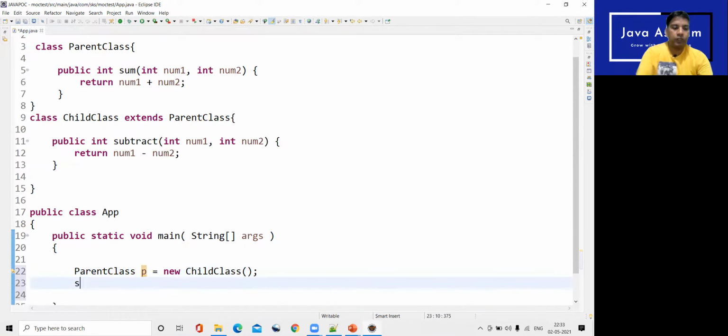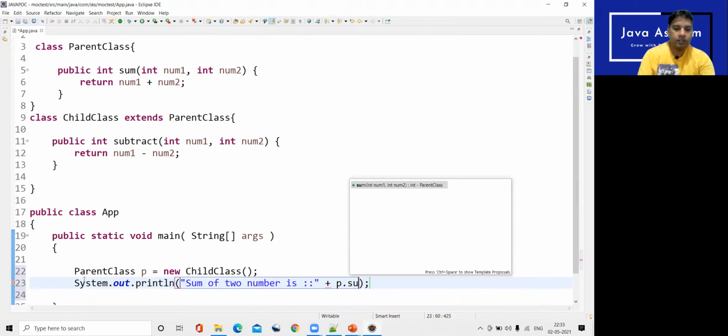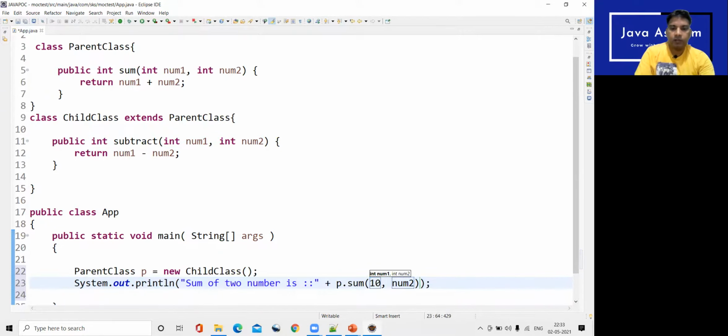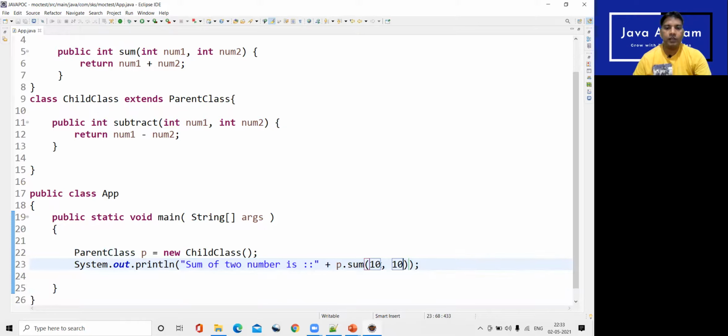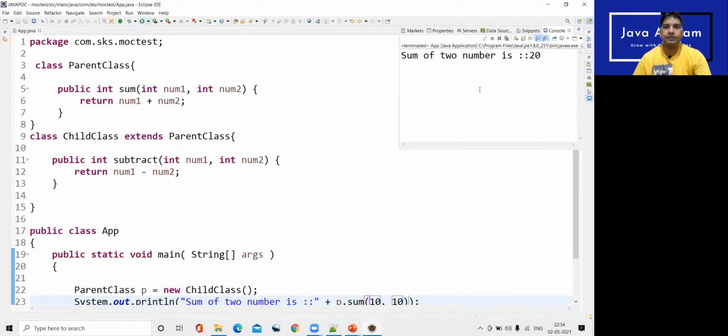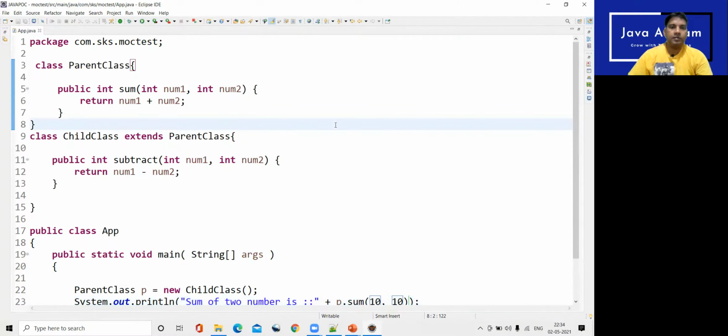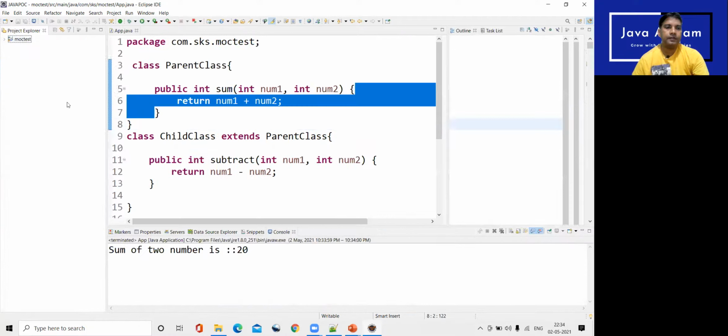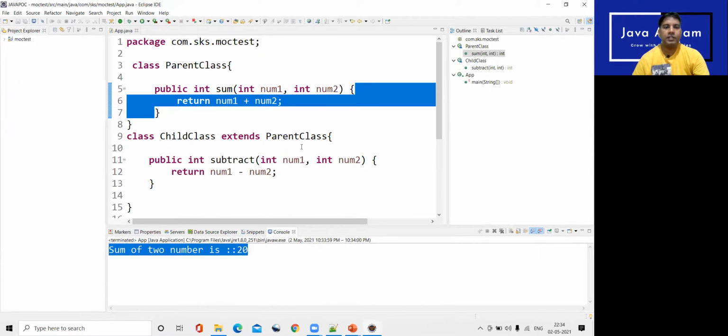Okay, so what you can do, sys out, let's say sum of is, and here I am calling p dot sum, passing 10 comma 20, right? So I'm doing nothing, I'm just calling this method to sum these numbers. And if I try to run this, control M, okay, sum of two number is 20, it's coming.